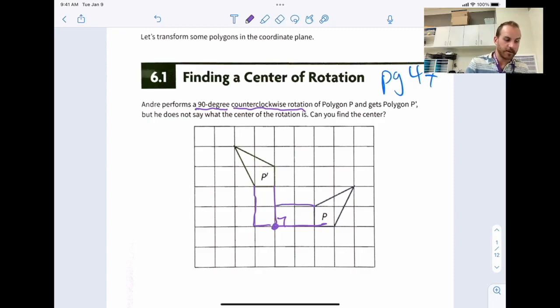Okay, so to get to here, we can do that. A very similar thing too. And this polygon, this rectangle here, if we rotated it 90 degrees counterclockwise, we would also get this rectangle. Okay, things are looking pretty promising. Let's